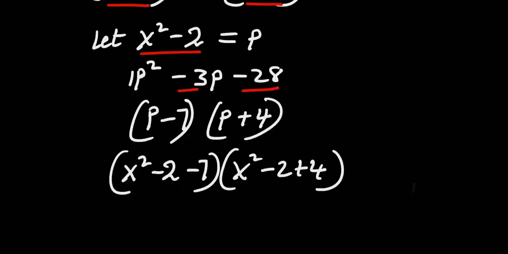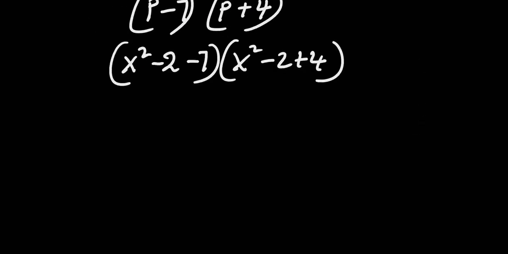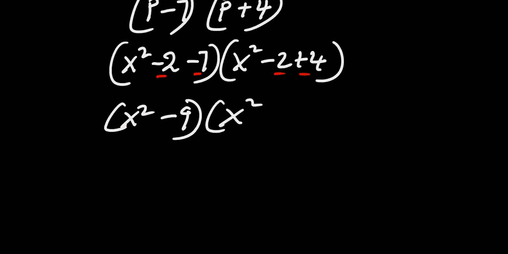Good. So now let's combine like terms. This is negative 2 negative 7, and also we have negative 2 and plus 4. So negative 2 negative 7 is negative 9. So this x squared negative 9, x squared negative 2 plus 4 is plus 2. Good. So now this